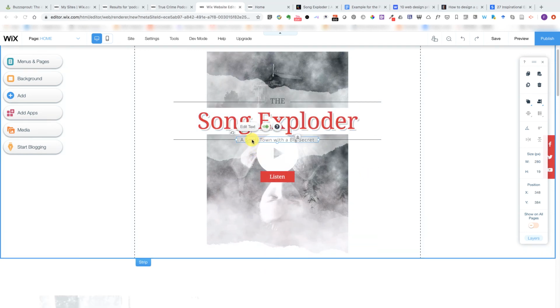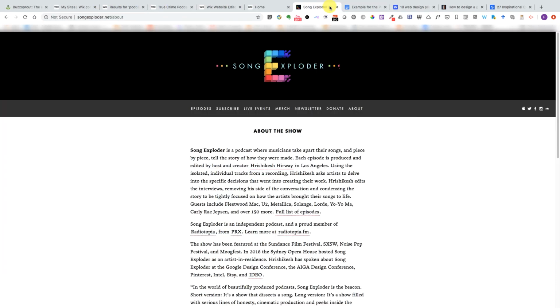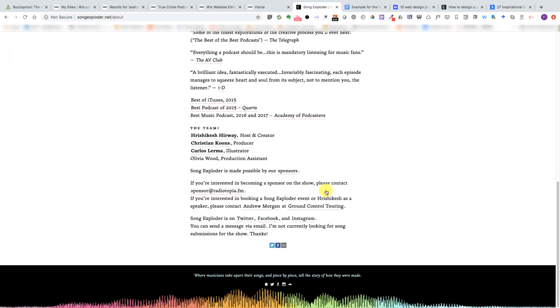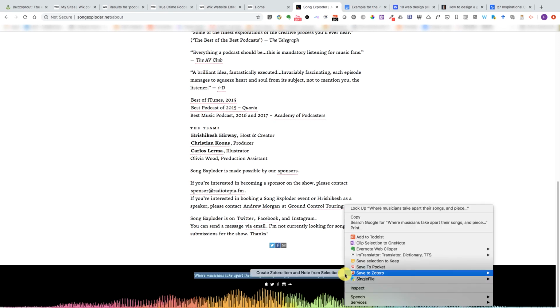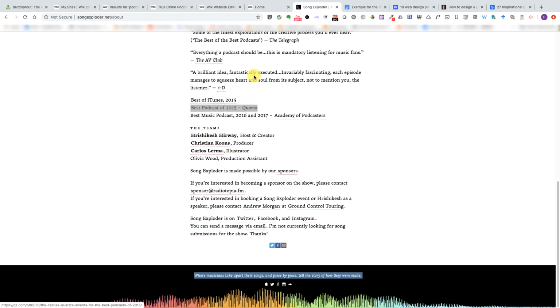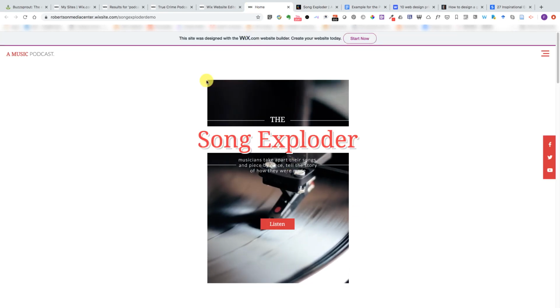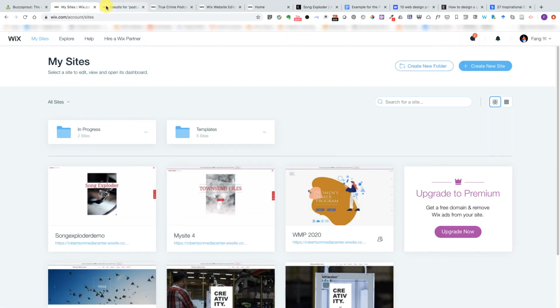So the next thing is you want to change this text to a slogan for your podcast. And the Song Exploder has its slogan. It says, where musicians take apart their songs and piece by piece tell the story of how they were made. So I will just copy this, and let's go back to our